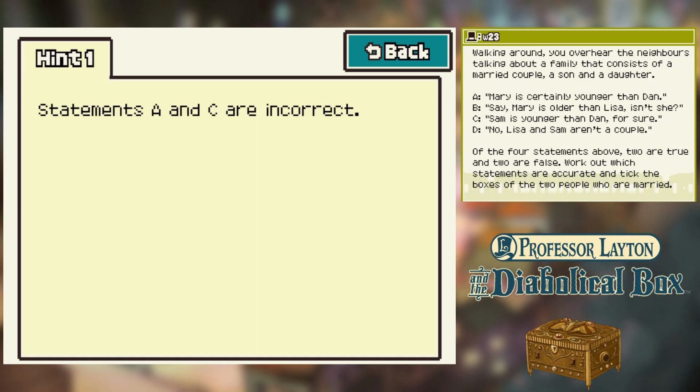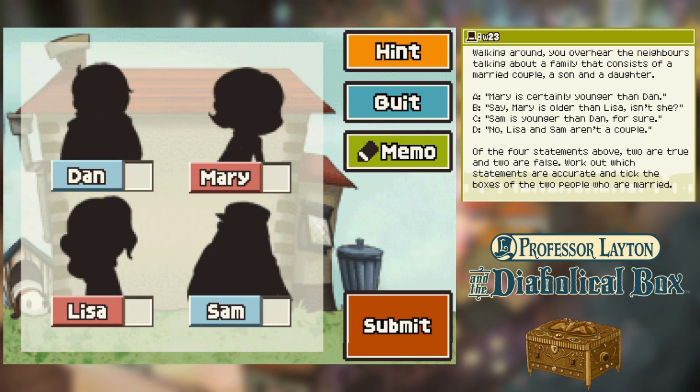Statements A and C are incorrect. Okay. So Mary is not younger than Dan, and Sam is not younger than Dan. So that would mean the ones who are married are Mary and Sam. But once again, I make so many assumptions here because,